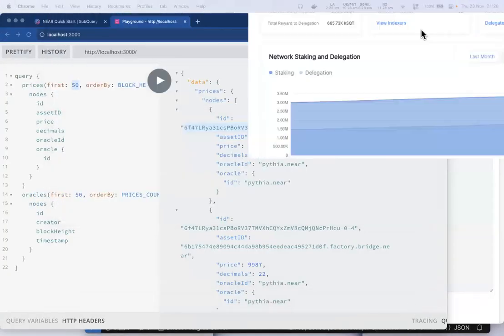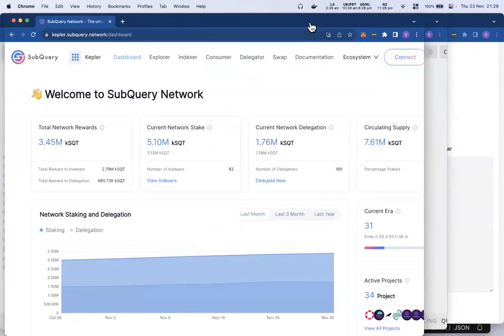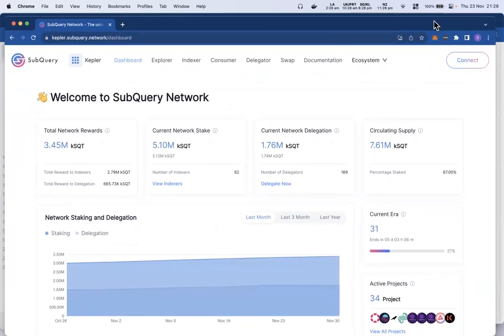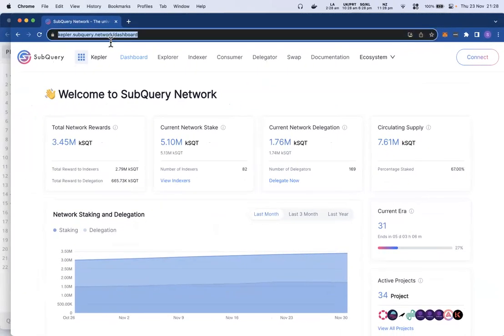So the network is called Kepler at the moment. It's basically a pre-mainnet. I mean, it's live on mainnet, and the URL is Kepler here. Paste it in the chat. There are indexers on the network. They have their own infrastructure.